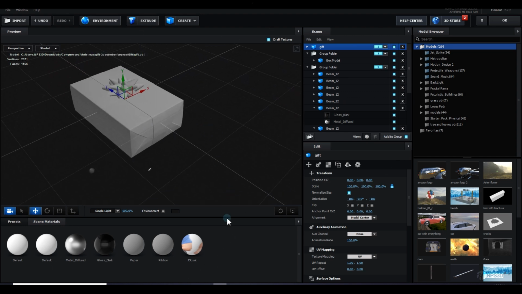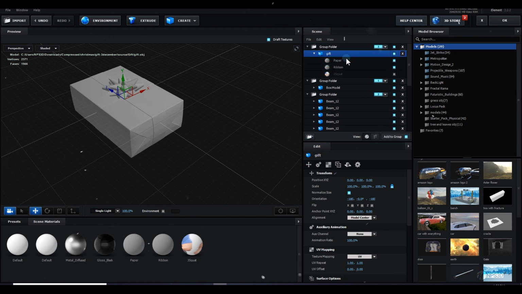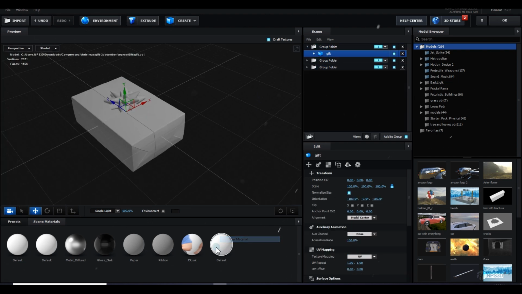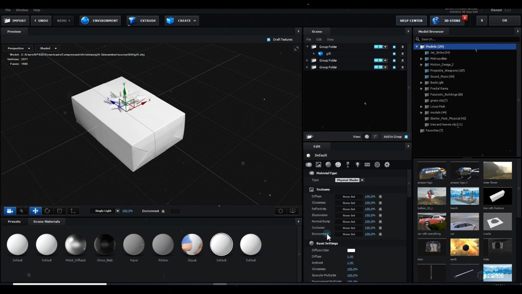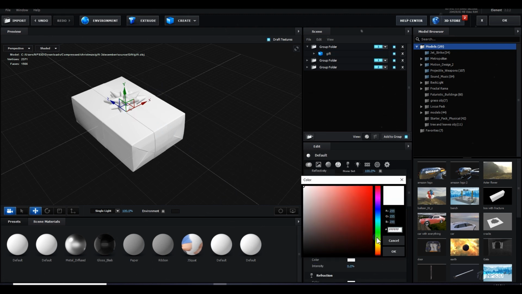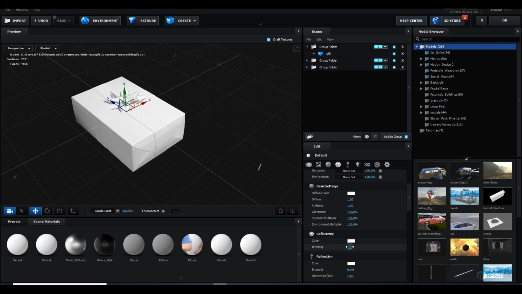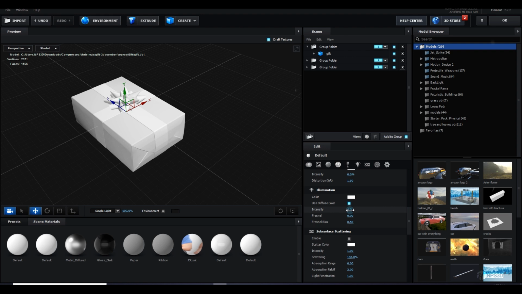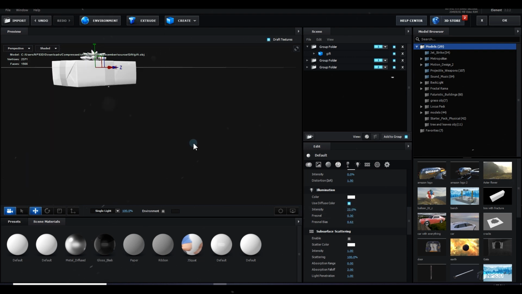So first let's create a material. So I will just open this gift and I will hide this material and just drag it in a group 3 and make a personal group for this gift. Now let's create a material and apply here, and let's create another material and apply here. So for this material, maybe I will make this white is good. Let's add some reflection just a little bit and just make sure this is use diffuse color check down and increase it. Just make like this.